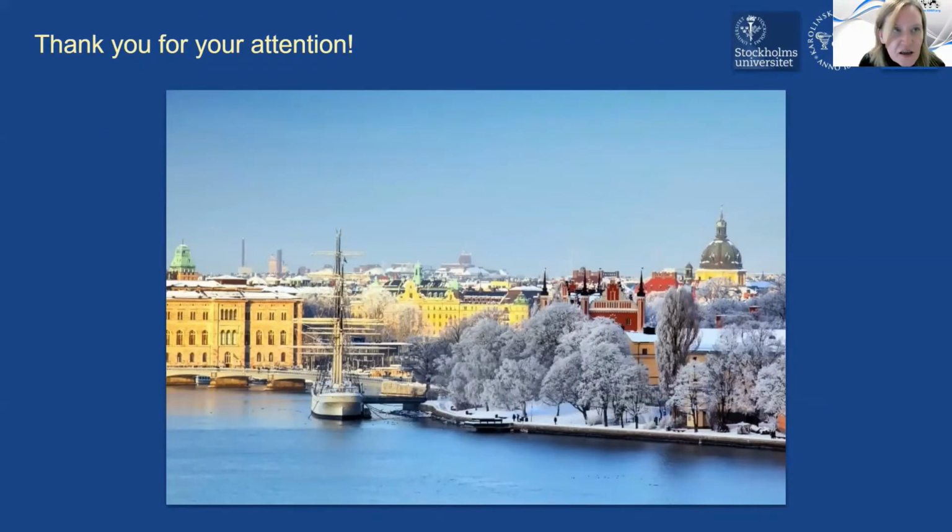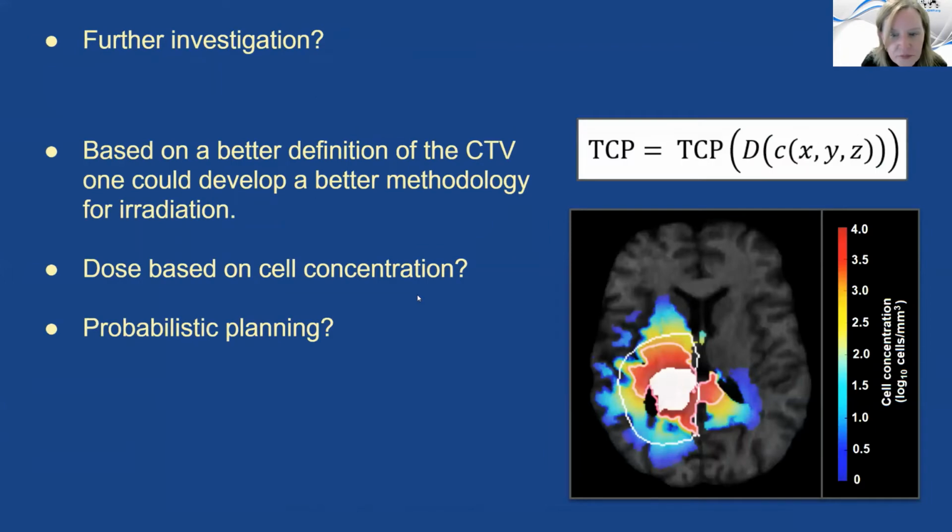Do you see giving a uniform CTV margin around the tumor being a problem? Because as the studies show, and as you pointed out as well, there is a preferred direction of tumor growth, and maybe we should be using irregular CTV margins to improve the treatment outcomes. Could you comment? Yeah, well, exactly.